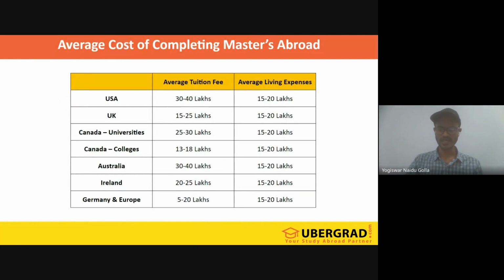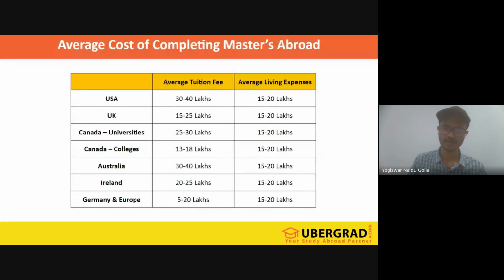Okay, so what's the average cost for completing masters abroad? These are the countries people from India usually opt for. The US is a major country people are going for and taking loans. On average, the tuition fee for the USA is around 30 to 40 lakhs. It will not be less than 30 lakhs. If you have own funding, you can add that, and it should be less than 30 lakhs for the loan. But usually the tuition fee is between 30 and 40 lakhs.